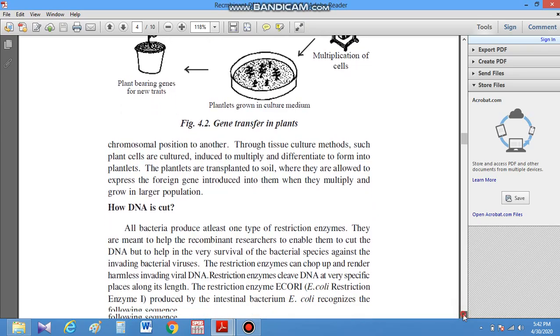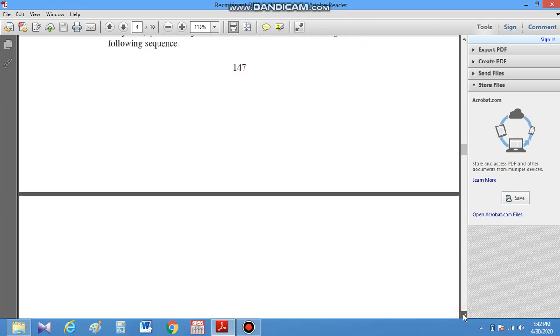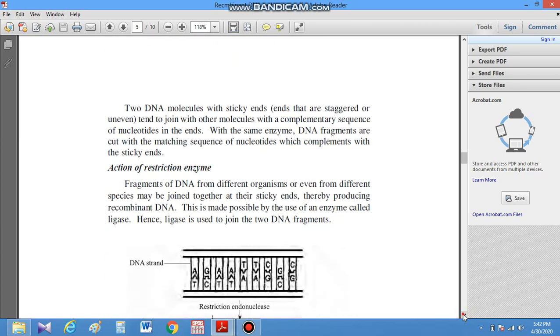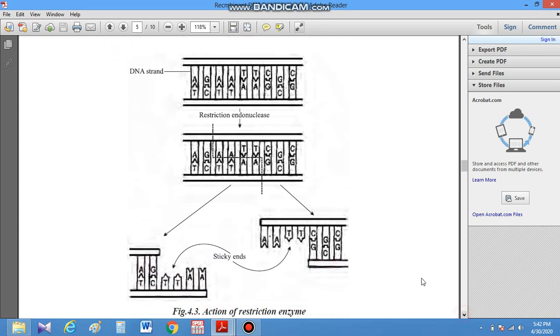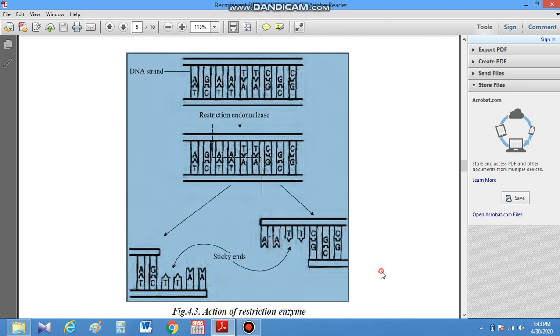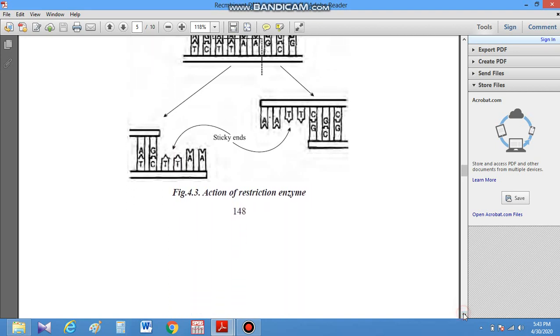Let's discuss how restriction endonuclease works. Restriction endonuclease is also called molecular scissors. DNA is cut with the help of restriction endonuclease. It can be the DNA of a plasmid and also the donor DNA. Both are treated with the same restriction endonuclease, and when they are cut, sticky ends are produced in both the donor and plasmid DNA strands, which are ligated with the help of DNA ligase, and in this way recombinant DNA is produced.